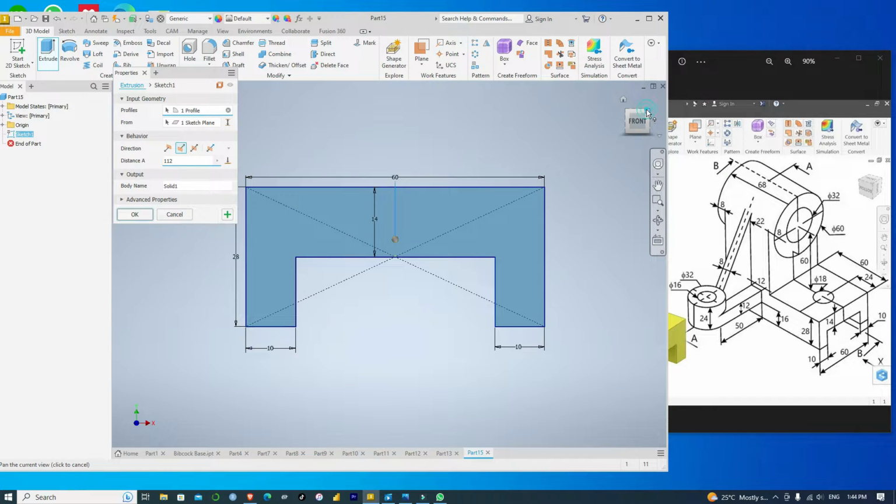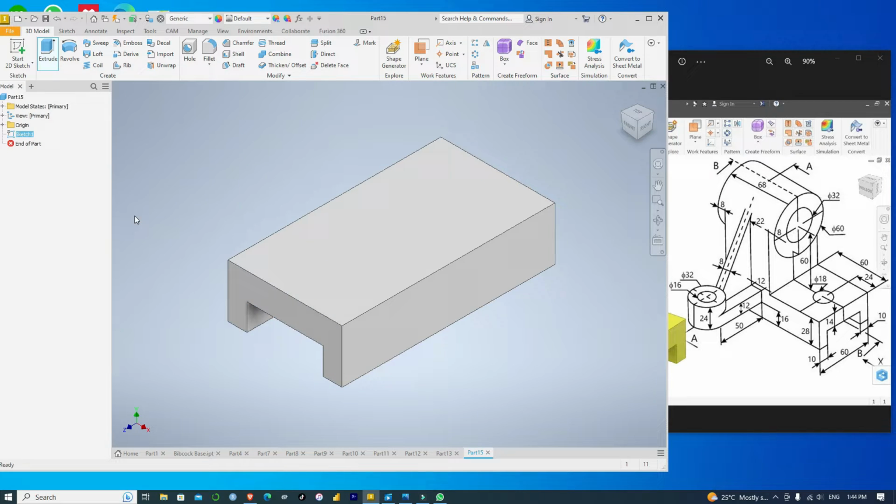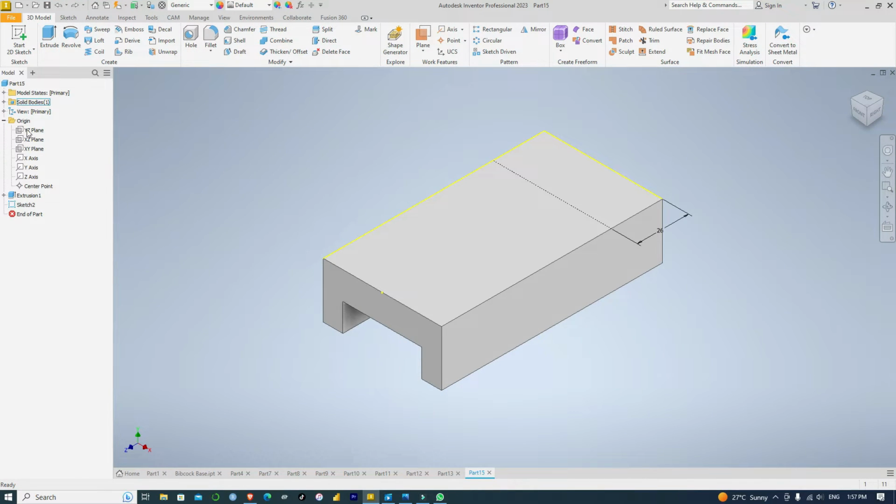Going to the back, 112. Okay. After the extrusion, come to the XY plane. You make it visible. Then you select plane. Then you move this at a distance of 86. No, it's negative 86. Yeah, at that point,